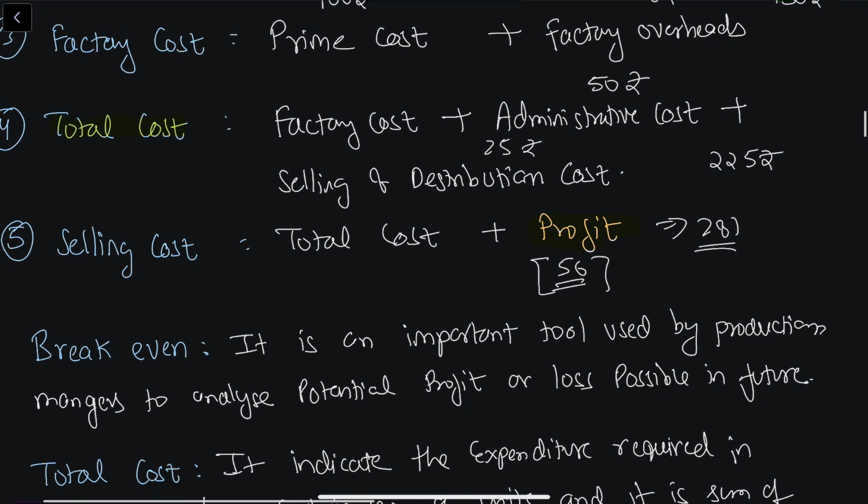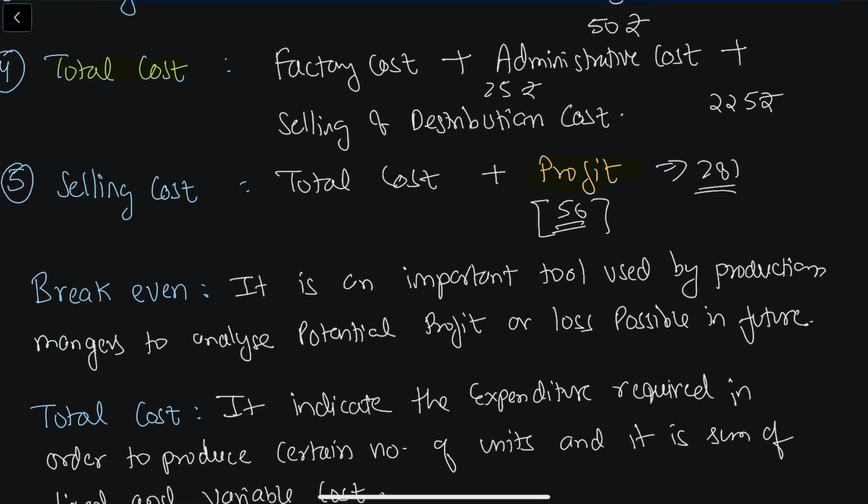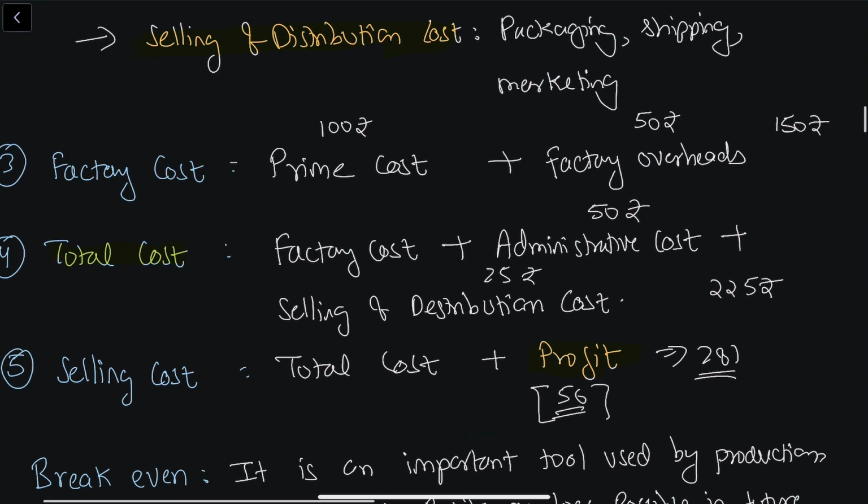Okay, good. So now we'll just understand what break even is. Break even is a terminology which will tell you that by selling this many units, you will be at a no profit and no loss condition. So it is an important tool used by a production manager to analyze potential profit or loss possible in future. So let's suppose you set up a unit